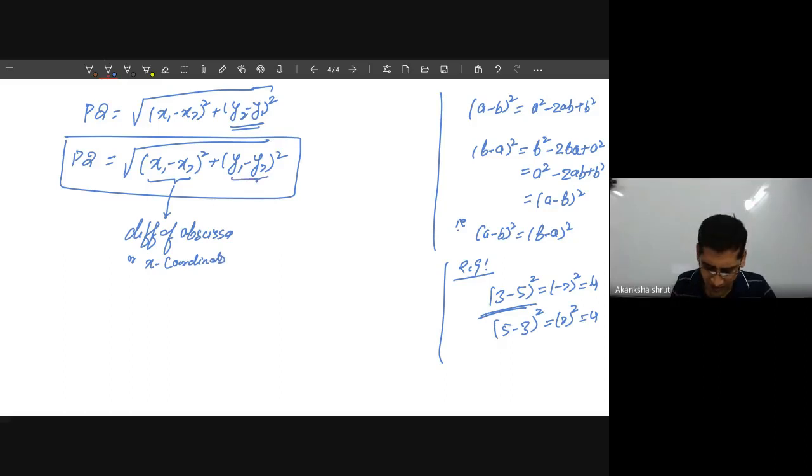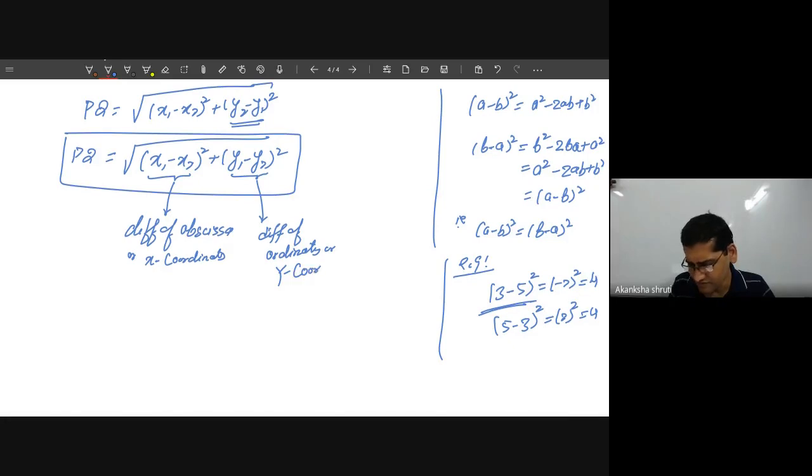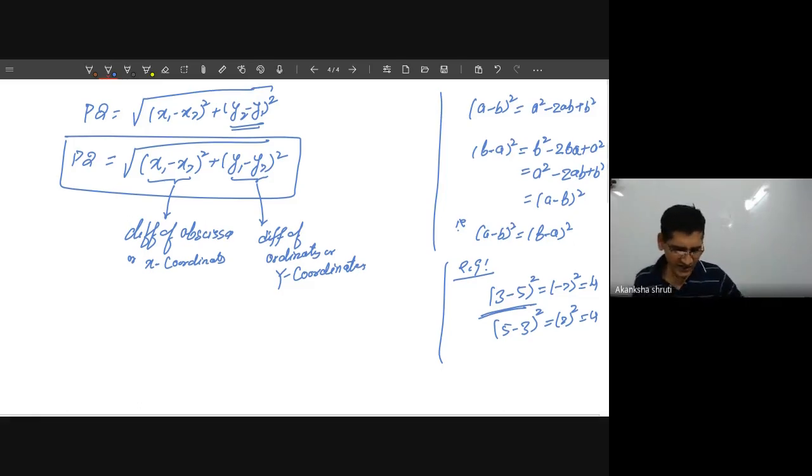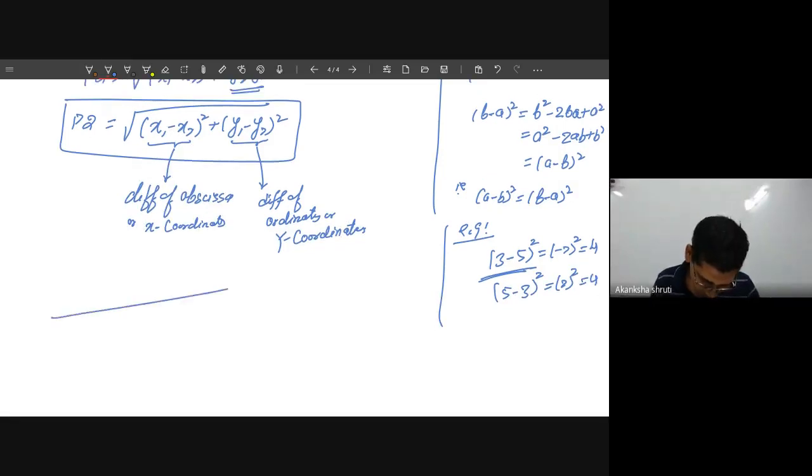And what does this term represent? It is our difference of y coordinate or ordinate, or y coordinate. So this way, student, to look from P to Q, even if we are given P x1 y1 and another point Q x2 y2,